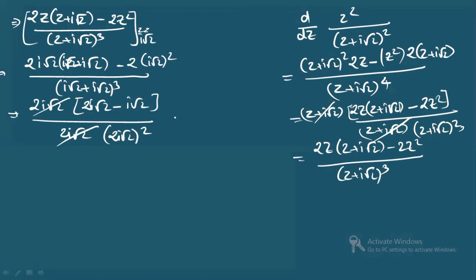This gets cancelled. From here in the numerator I will get i root 2. In the denominator, what I will get? 2 2s are 4, 4 2s are 8 i square. Right? This is what I will get. So when you do this, you can see from this entire thing, I will cancel this i, and this root 2, this side 1 minus, this i will go in the numerator.